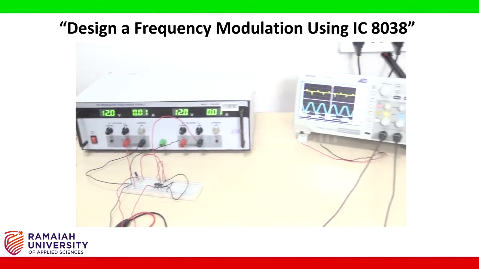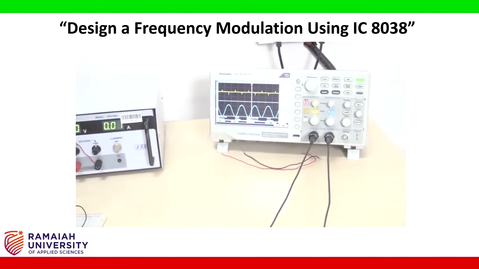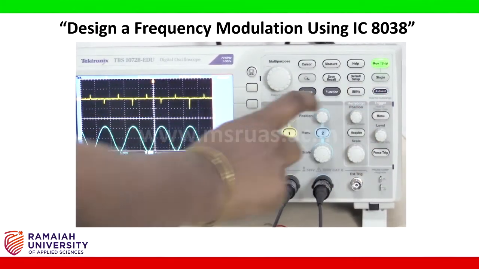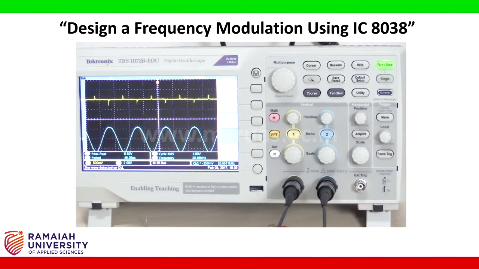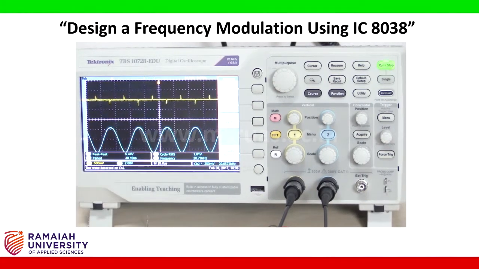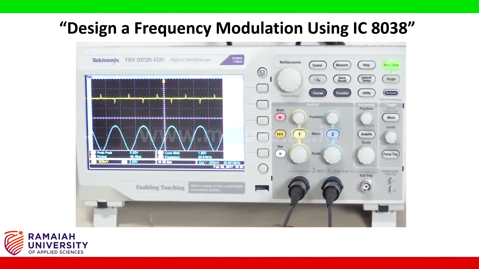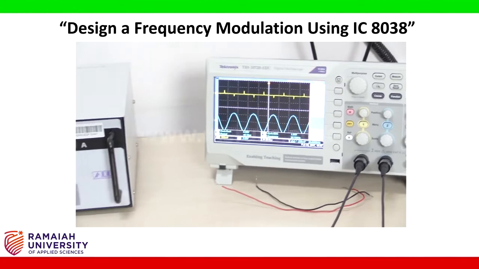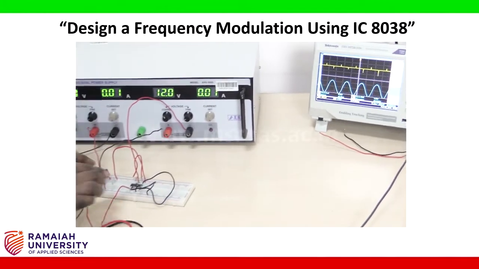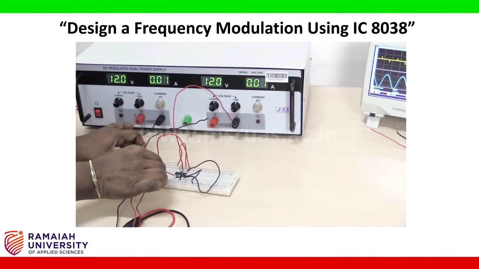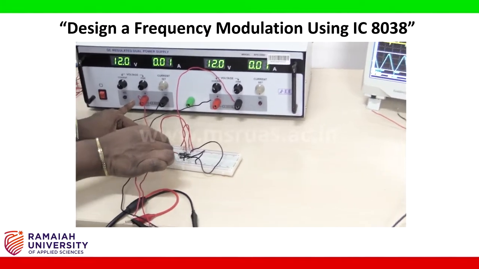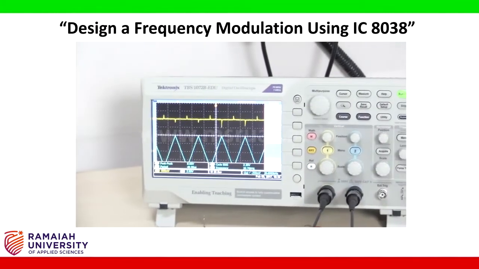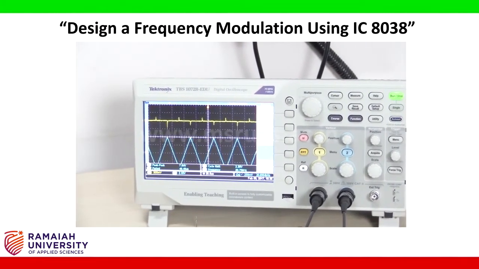Check the CRO for pin number 2. Now check the output. Press auto set. So this signal is available at pin 2. You can observe that this is a sinusoidal signal. If you connect this pin 2 to pin 3, you should observe a triangle wave. So I am removing this pin 2. It's connected to pin 3 now. Check the CRO. The waveform is a triangular one.